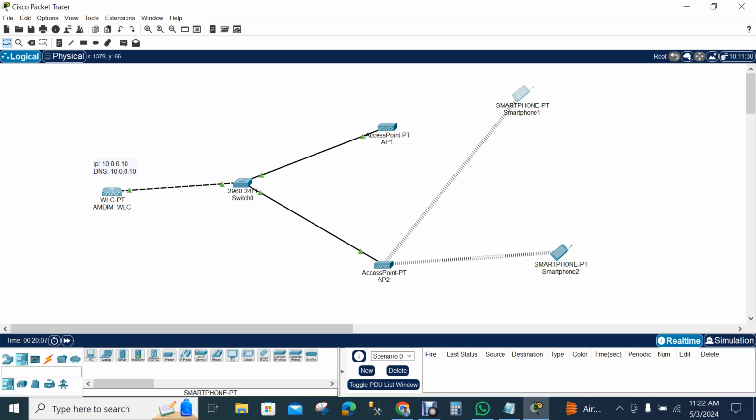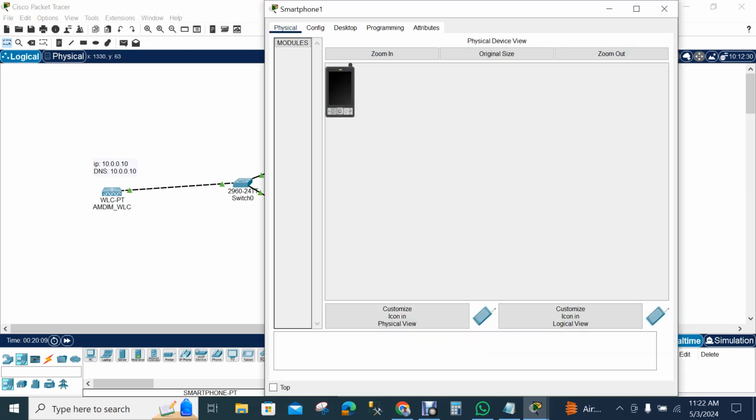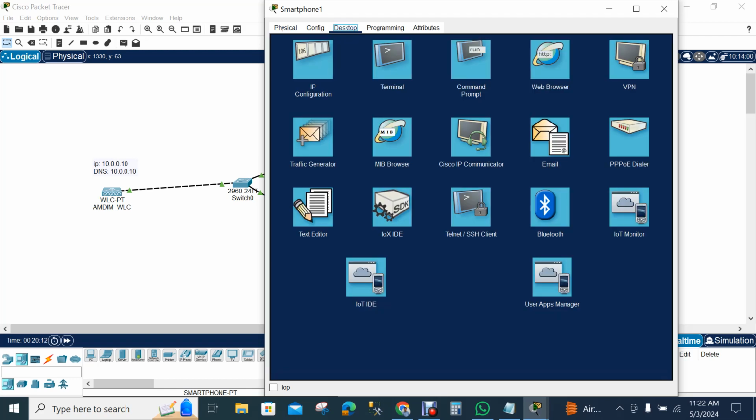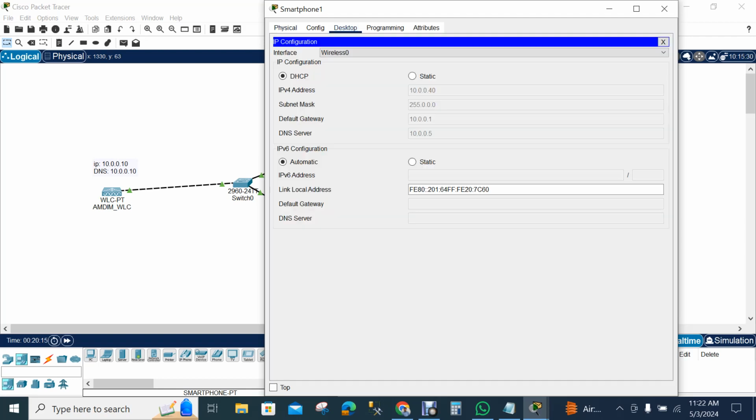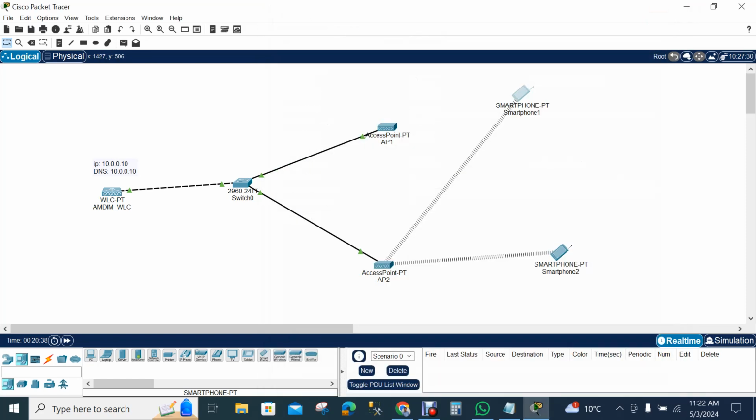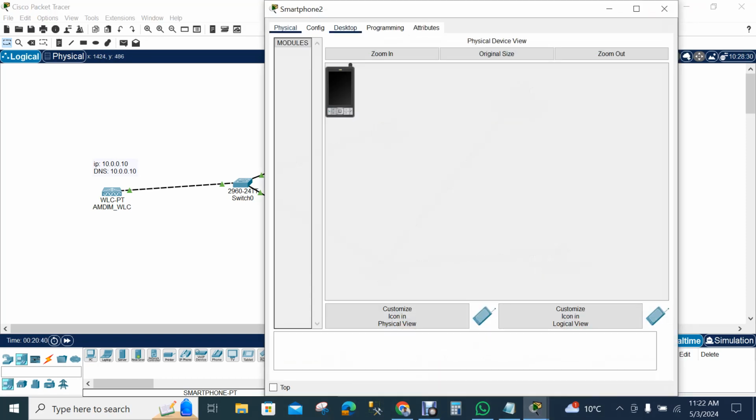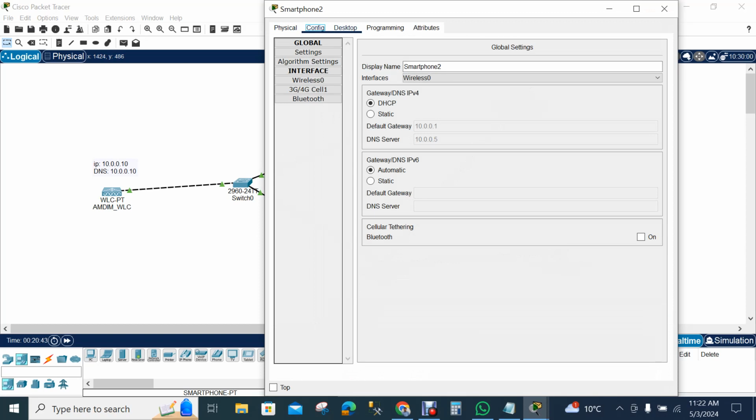So from here, if I click on my smartphone, what will it show? I'm going to desktop, IP configuration. It's DHCP. Here is our IP address. So this WLC has started to give its users a dynamic IP from 10.0.0.40, which I have already declared on my WLC. And if I click on my other smartphone from here, it will show us that